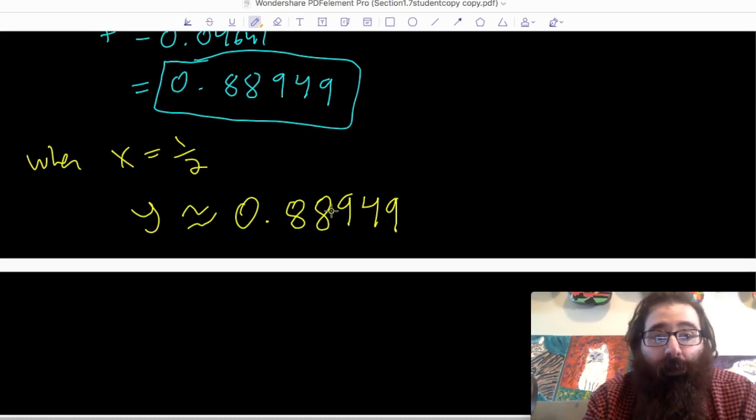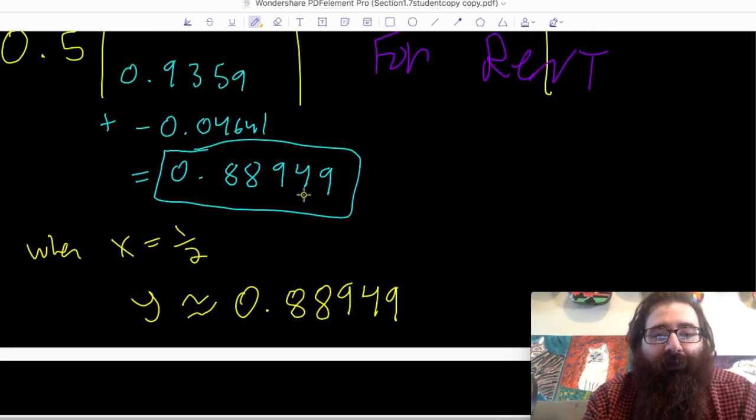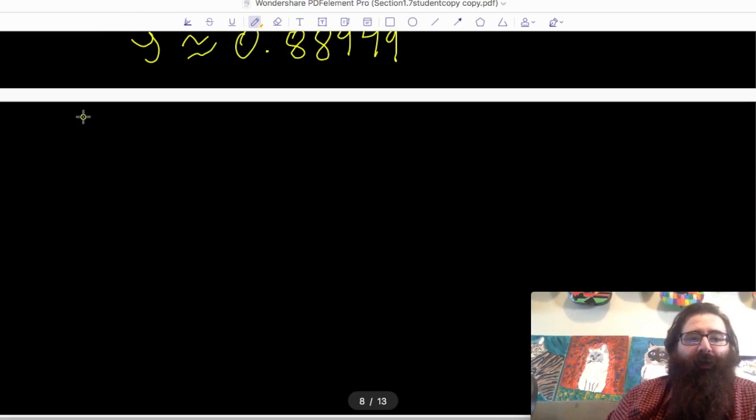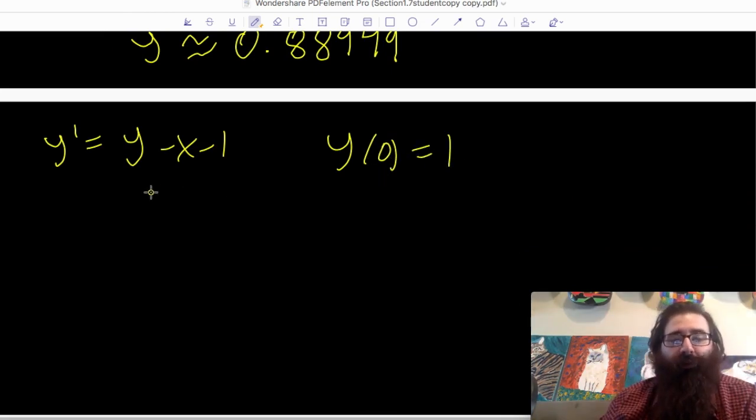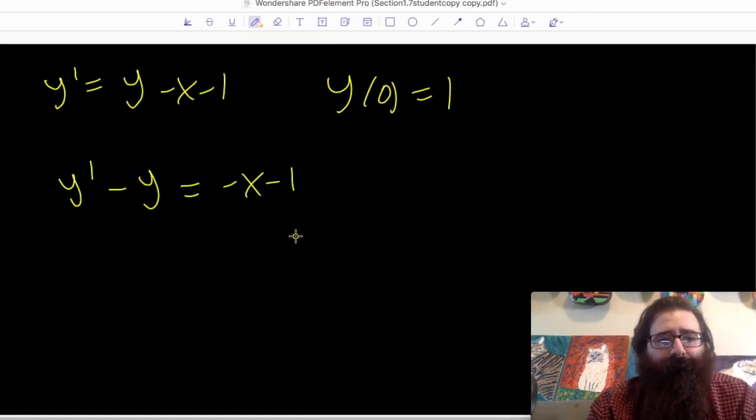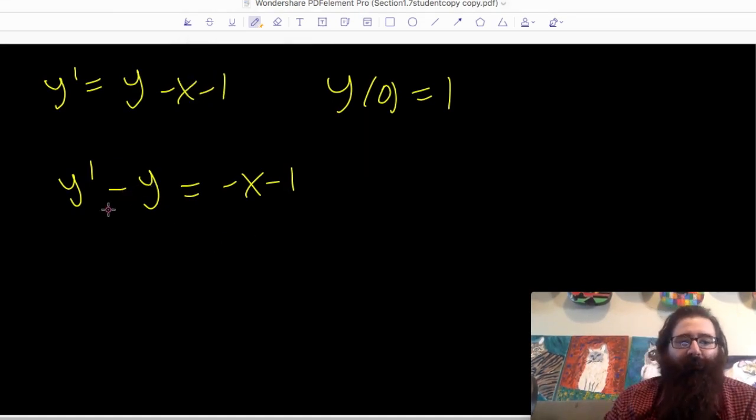So now a good question to ask is, well, what's the exact value? How good are either of these approximations compared to the differential equation that we're looking at? Well, let's see. So we had y prime is equal to y minus x minus 1 with initial value y at 0 equals 1. Now for this, I'd want to work with the integration factor method. So I can subtract y over, so get y prime minus y equals negative x minus 1. And we'd say, what is the coefficient on y? Well, the coefficient on y is negative